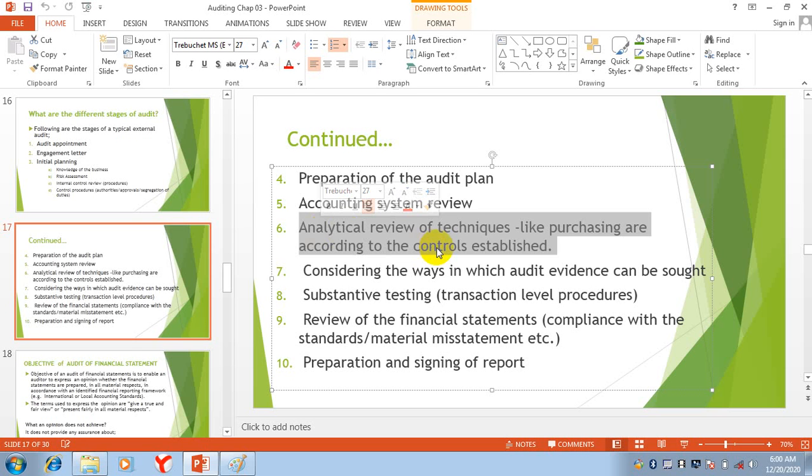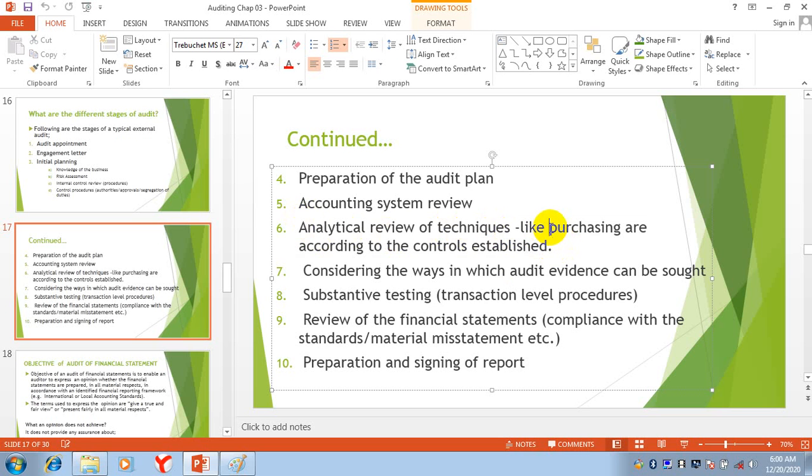If this is written, then they can give a loan to the employee, one month advance salary. But if not, then they can't give a loan, or you can say advance salary, to the employee. So they are checking this thing. So these are basically analytical review techniques.